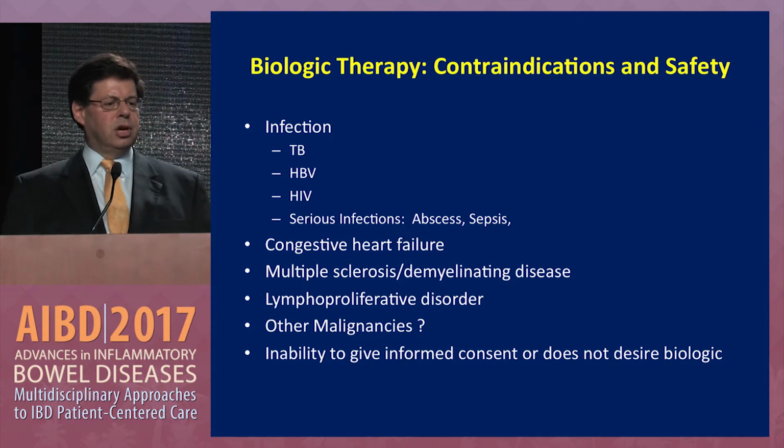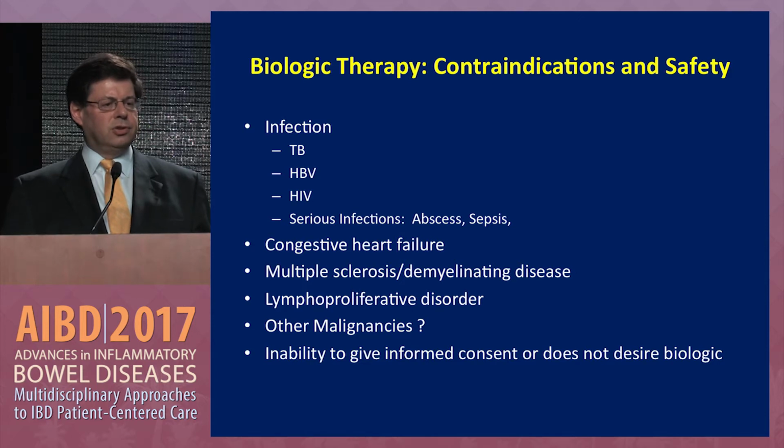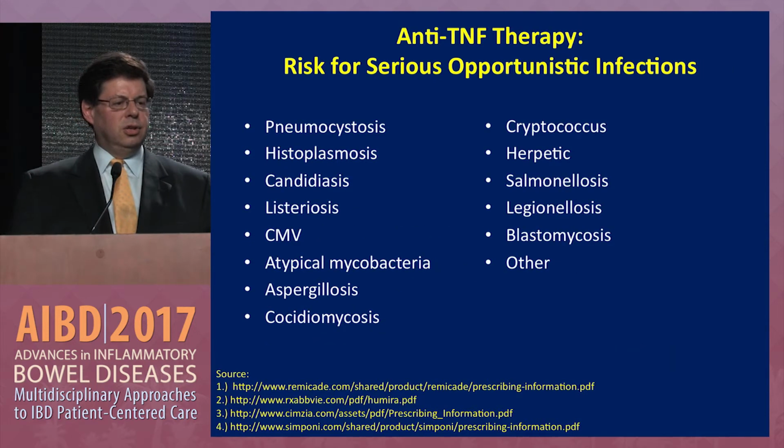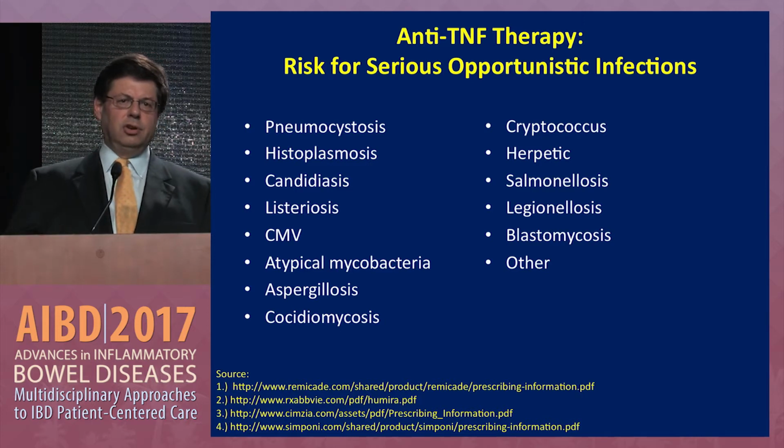Demyelinating disorders, lymphoproliferative disorders, these were excluded from the trials, but there is perceived to be a higher risk, so one could argue, based on the data we have, how high that risk is. And other reasons directly. Serious opportunistic infections are seen in patients as well, so screen for these and do surveillance